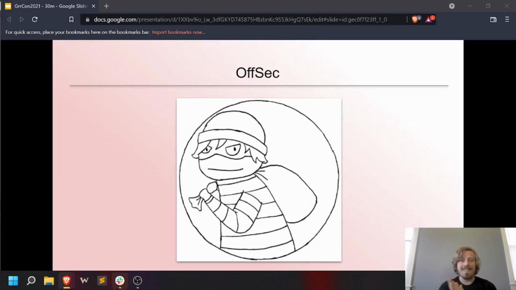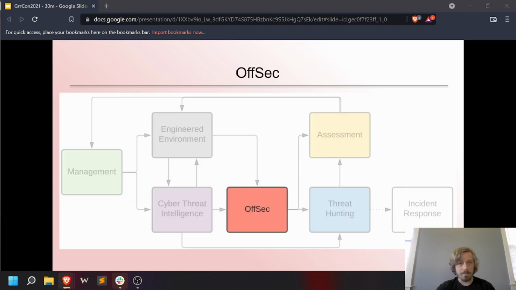So once the CTI portion of our week is over, we move on to emulation, or just general offensive security work. Don't worry too much about the code that you're going to see on the screen. It can be a bit hard to read, especially with my picture there in the corner. However, these slides, all of the text, as well as copies of all of the code, will be available on my GitHub, which there will be a link to at the end of the presentation if you want this for later.